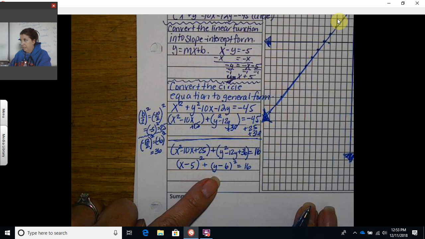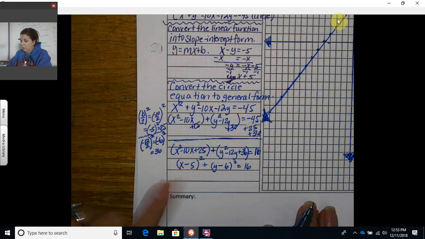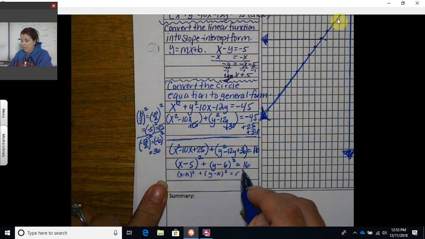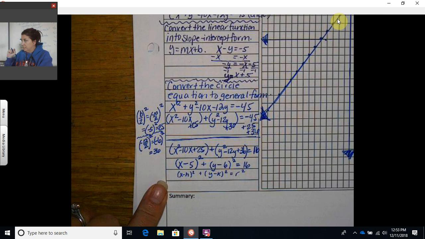Does this look like the general form of a circle? Yeah. This is x minus h quantity squared plus y minus k quantity squared equals r squared. That's the general form of a circle that we have written down at the top of our notes, right? We need that to graph a circle. All I got to know is where the center of the circle is and what's the radius, and I can graph it. Okay? So remember, the center